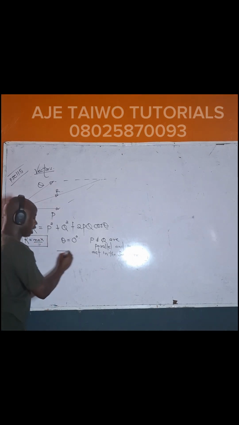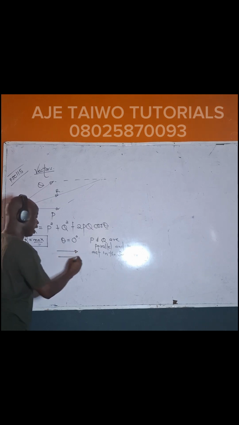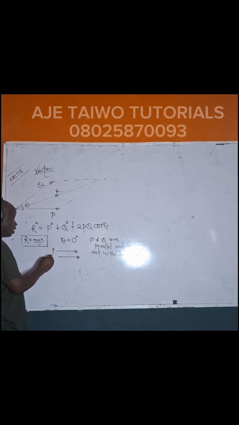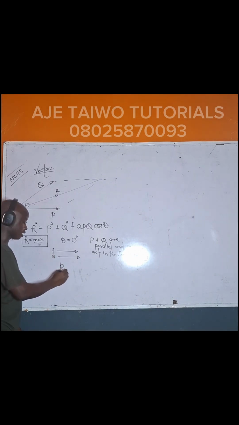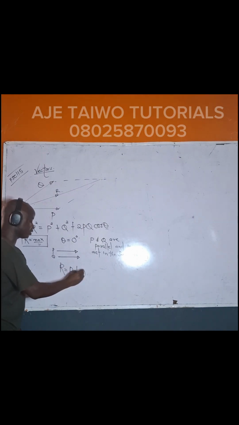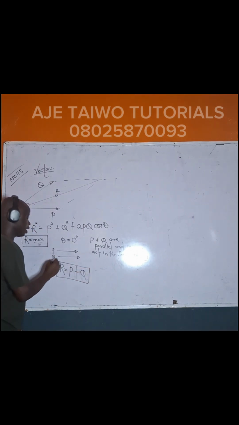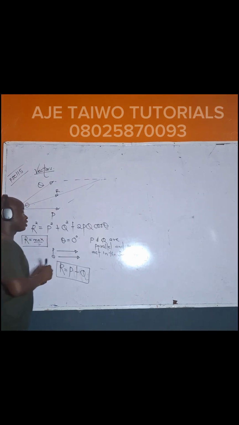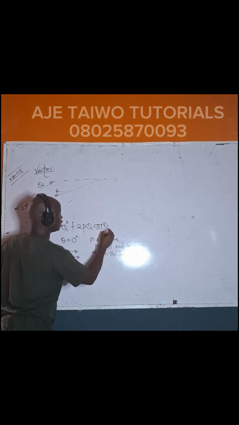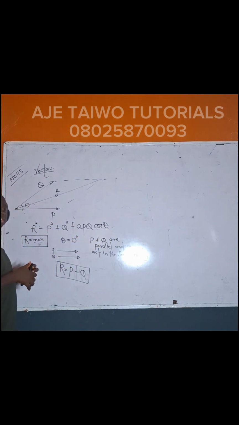Meaning P acts like this, Q acts like this. Okay, your resultant is simply P plus Q. If you put theta as 0 in this place,